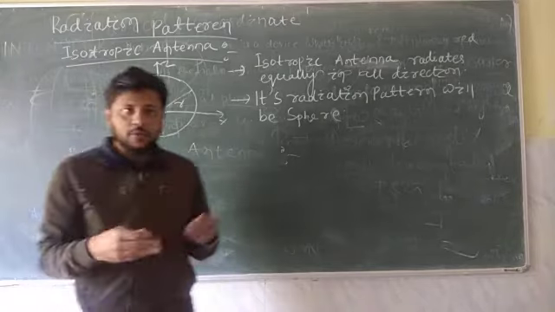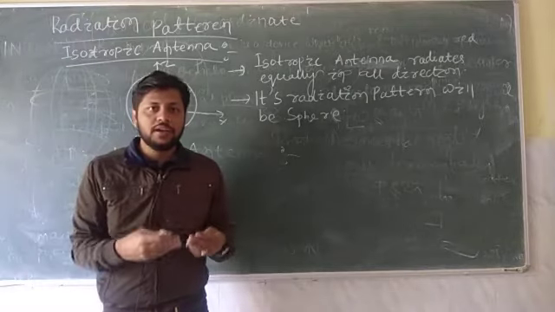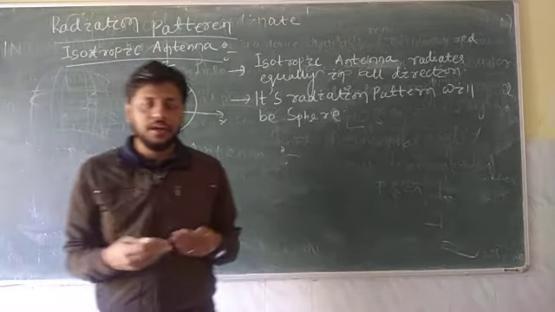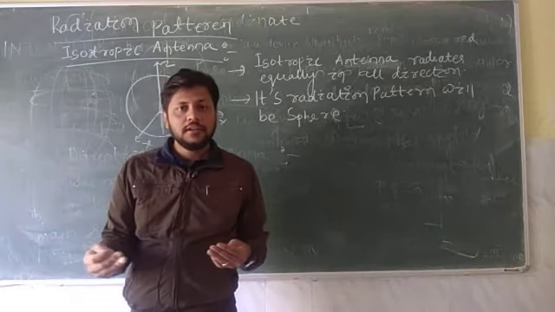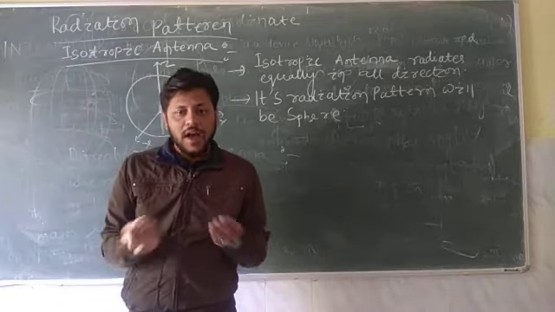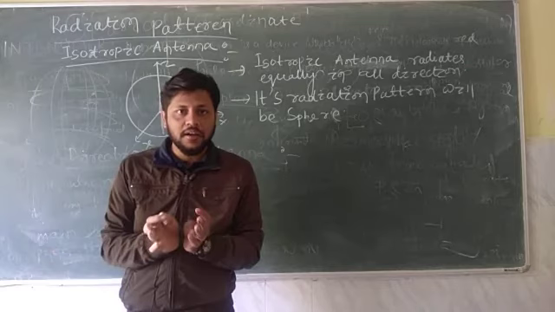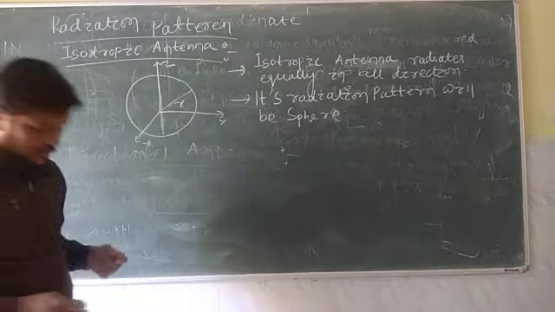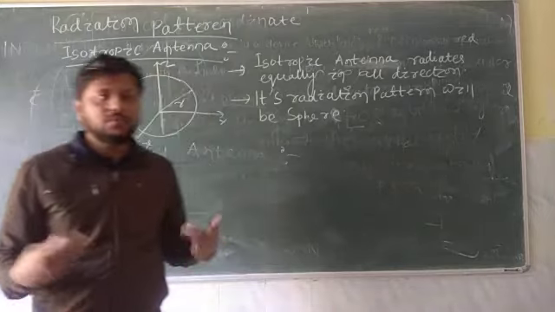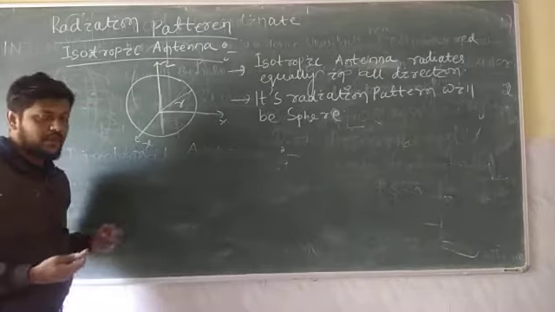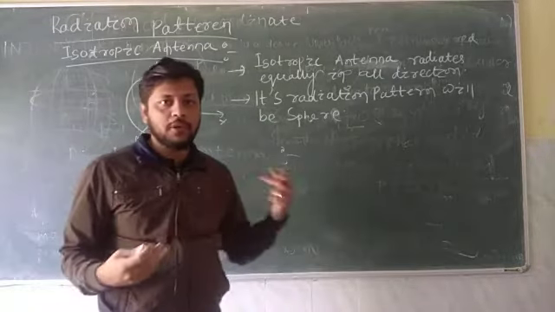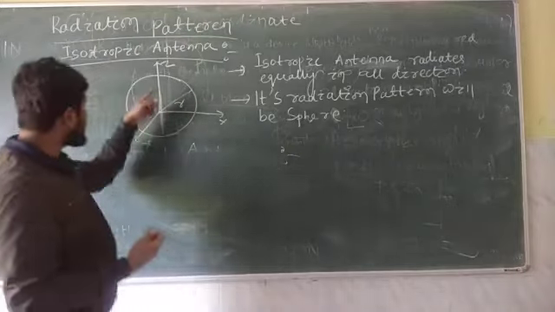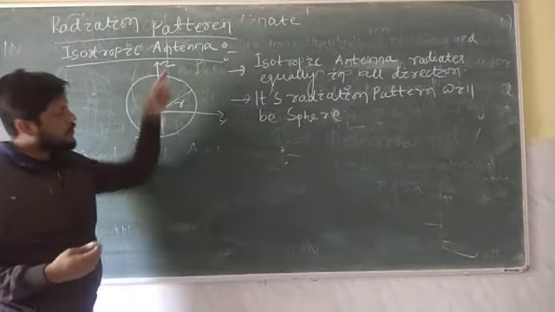Why are you using an antenna? You are using an antenna to convert its voltage and current to electromagnetic waves. And how these electromagnetic waves detach from your antenna and travel along the space, that we will study in this pattern. We will analyze mathematically how radiation will happen, and some more terminology with respect to this radiation pattern.